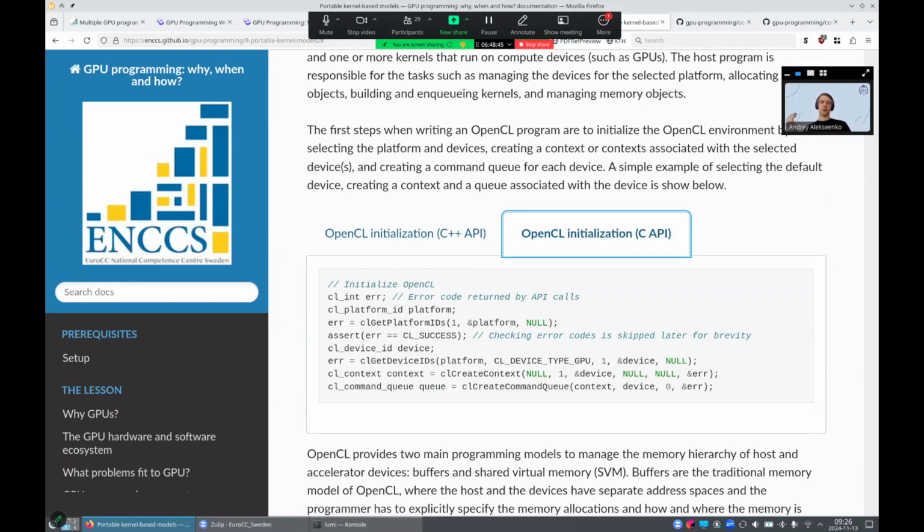You need to manually track all the errors. You call get platform IDs. First you need to get the list of all platforms, say different platforms are different OpenCL providers. You get different platforms for your Intel and NVIDIA devices. You check the errors, you get device IDs, create context. So